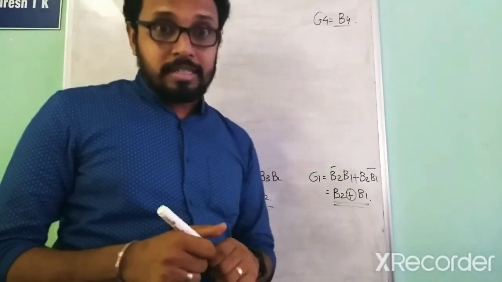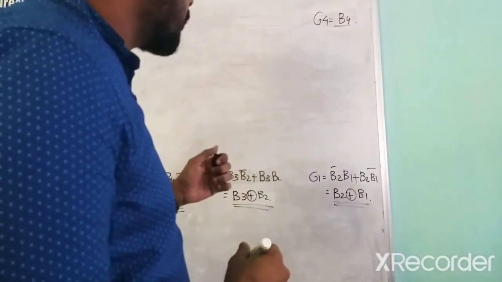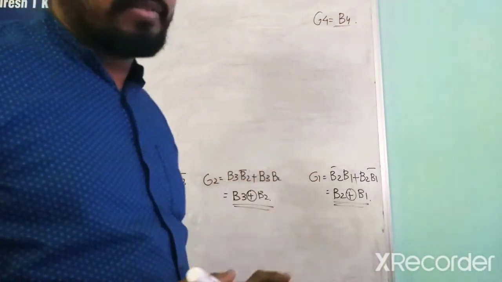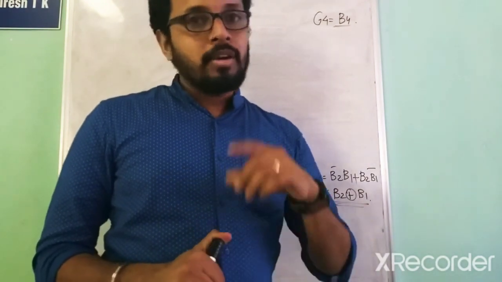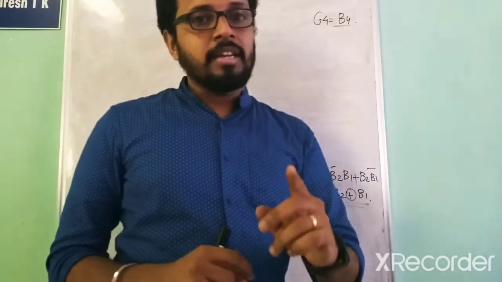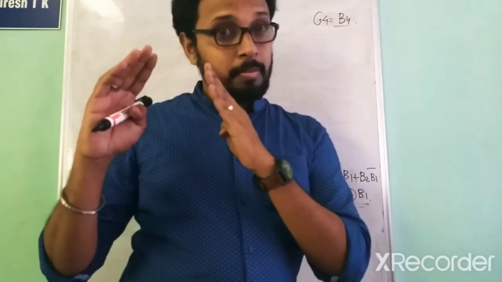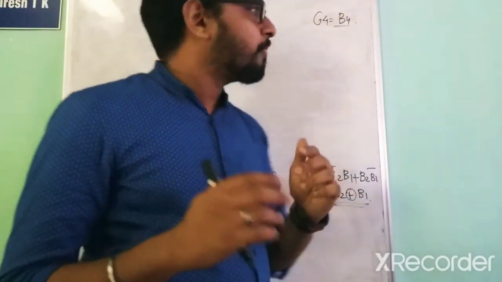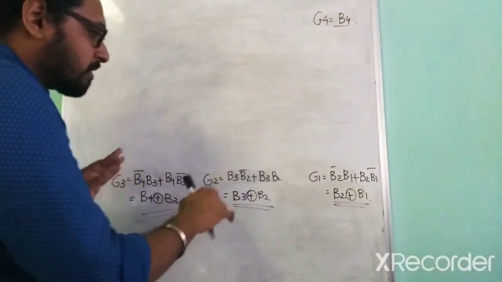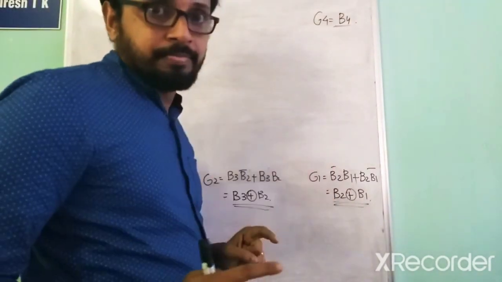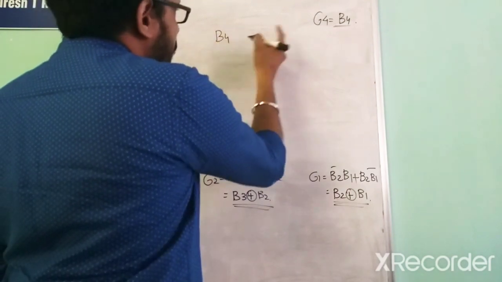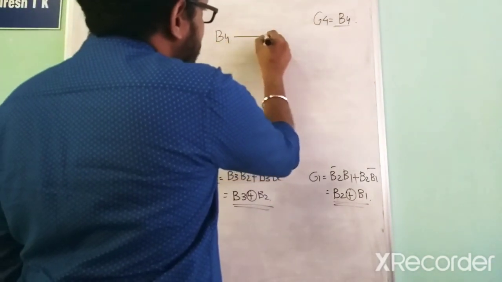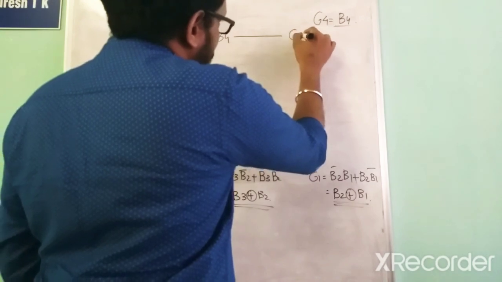Now it's all about the design. Okay, we got the expressions for G4, G3, G2 and G1. Now it's design. So we need to understand that it's the design of a 4-bit binary to gray code converter. So we need to draw all these 4 cases in just one figure. Okay, so we start from B4. B4 is same as G4. So we got the answer